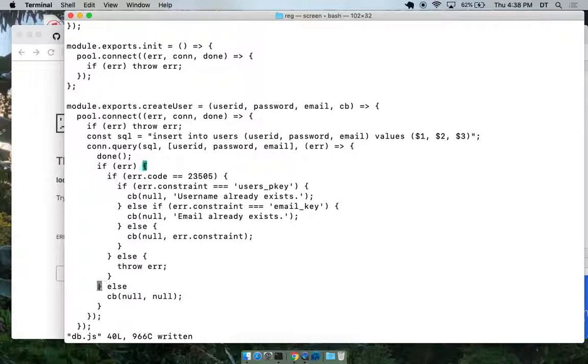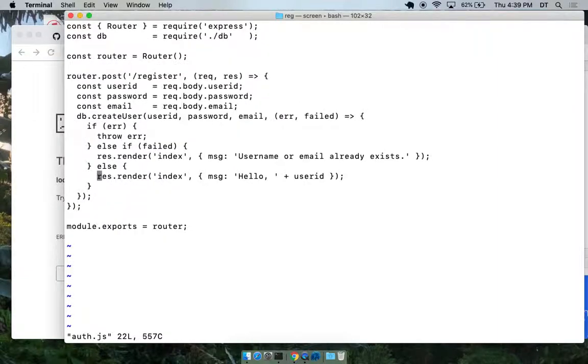And if there is no error, that means we're good. So we just call a callback function with no message. I'll try that. Oof, man, that was a tough one. I've been starting to replace callbacks with asynchronous functions.